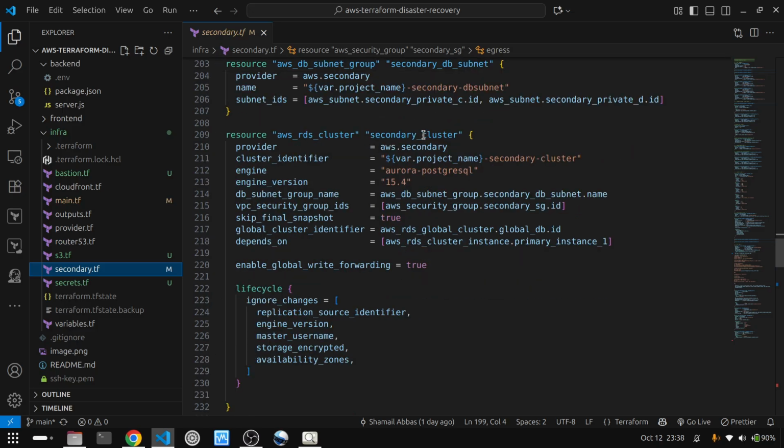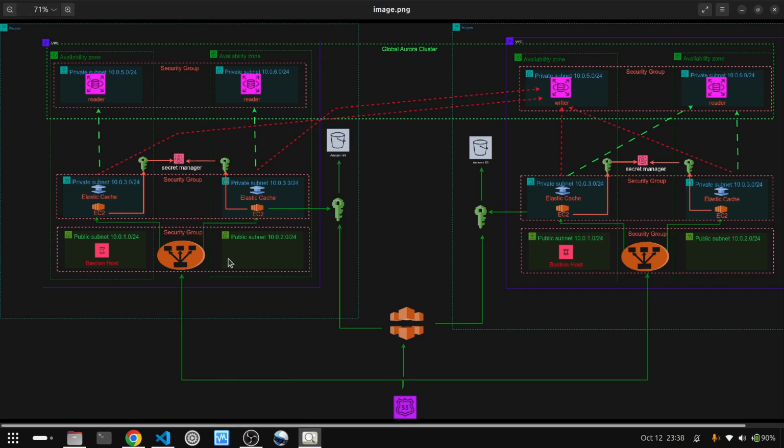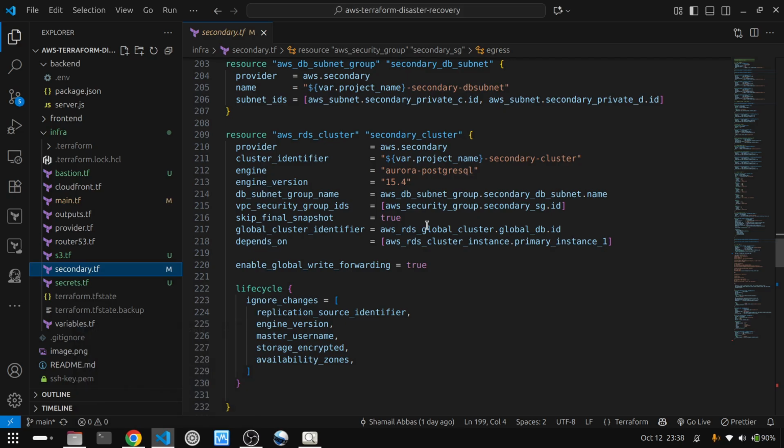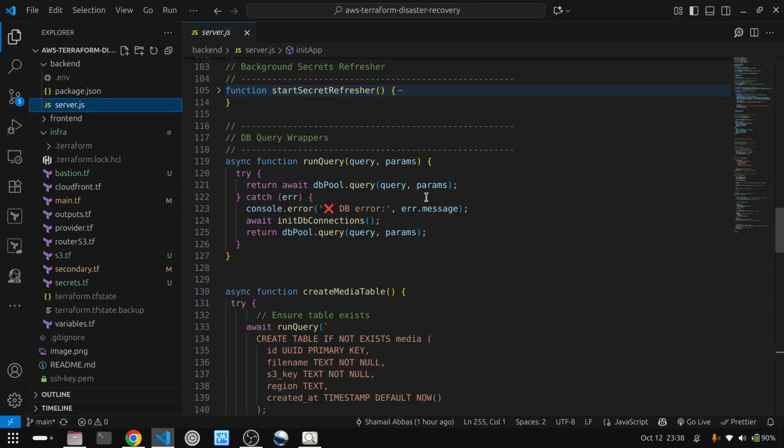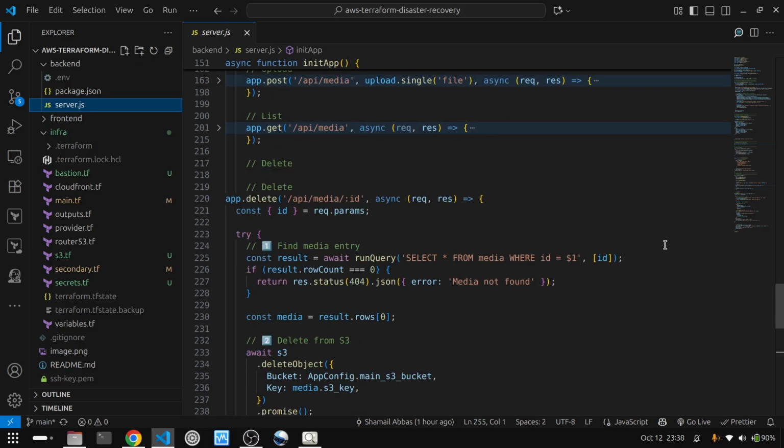In the secondary cluster, while creating the secondary cluster, we have enabled global write forwarding. So that is why any write operation from this region will be forwarded to this writer instance, and that is done by Aurora internally. We don't have to do anything, and this actually makes this whole setup active. So this is how we have the application code, and there's not much else we need